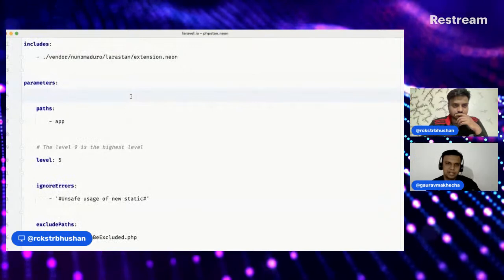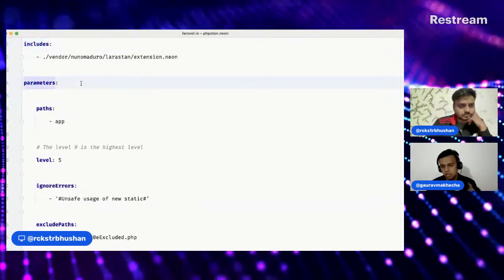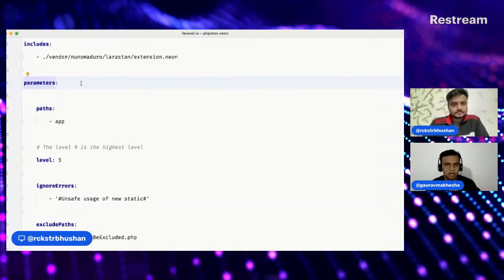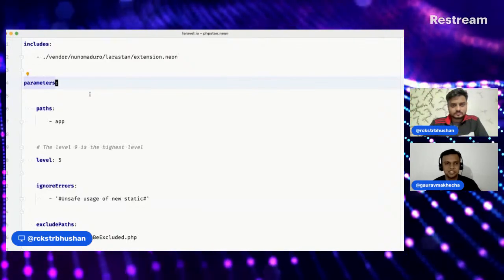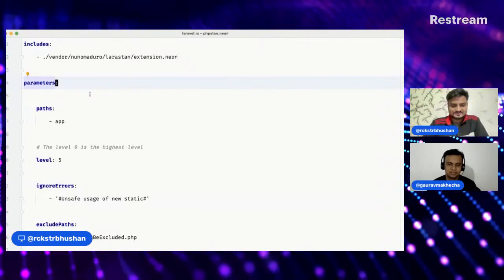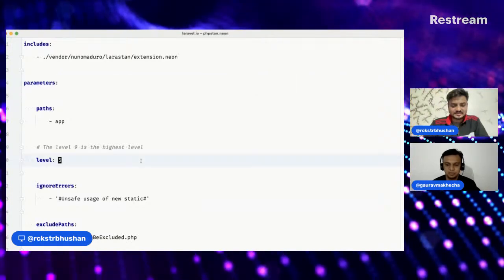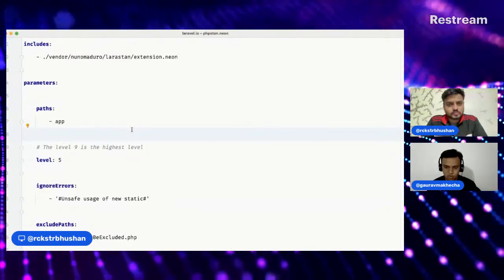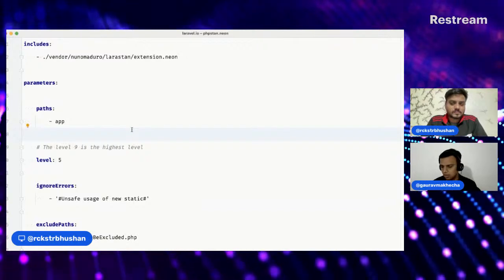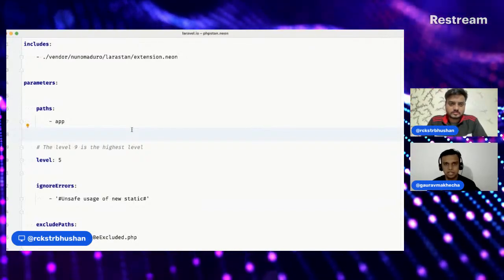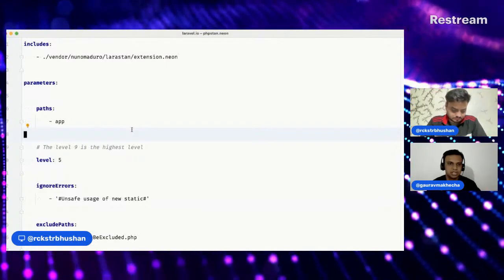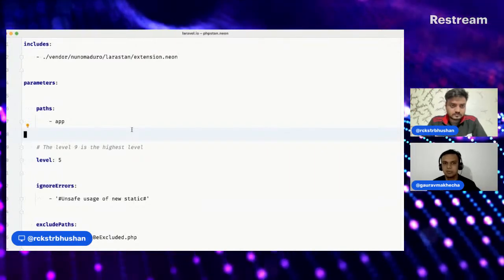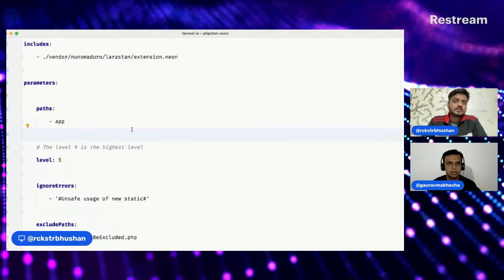So let's start from the beginning. Includes. Basically, we're using a package, and this Larastan is basically a wrapper. PHPStan is all about PHP, and Laravel, as we know, is a magical framework, and it offers lots of magic to us. Now, this magic is understood by us from the documentation. It's understood by PHP when it runs from the Laravel framework itself when it executes. But when we run static analysis, as we know, the code is not executed, which means that PHPStan will not have an idea how some of the things are working. We will also see them practically next.